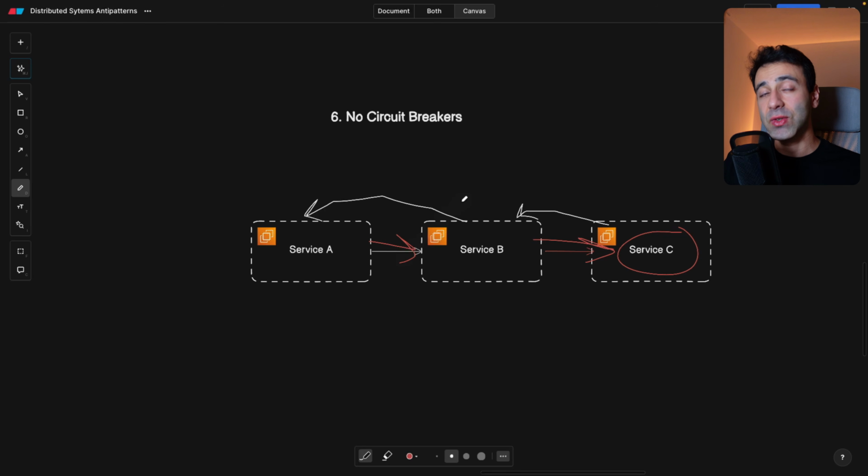So you should introduce circuit breakers. I also have a video on circuit breakers, so go check it out for a deep dive. You can introduce exponential backoff, meaning service B doesn't bombard service C, but it retries, let's say, after 1 second, and then if that didn't work, it retries after 5 seconds. If it failed 2 times, maybe retry in the next 30 seconds, and do it randomly so that there's no retry storm happening.